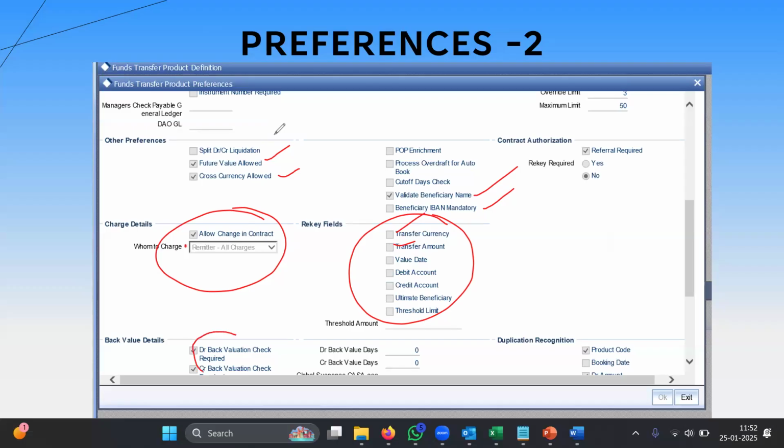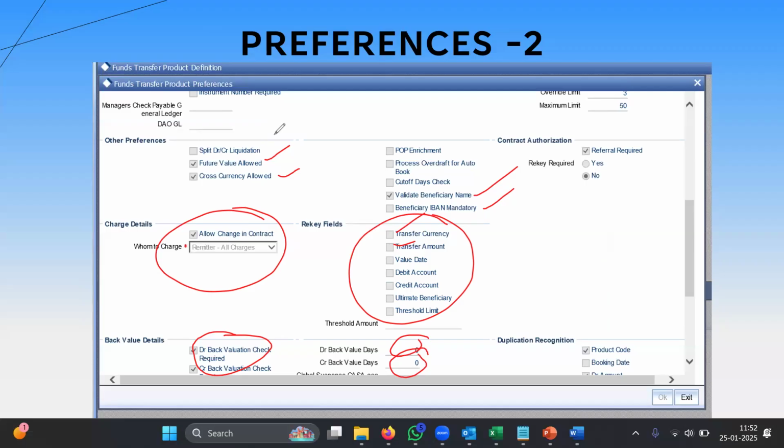And then here we have another option called debit value, back value check is required or not. And if you say yes, then how many days we can allow. Whether back validated contracts are to be allowed or not. Similarly, credit back validated, whether to allow or not. This is like, when I book from the Flexcube front end, sometimes during the month end, the customer would have given 1,000